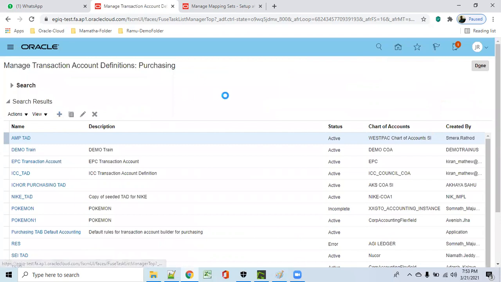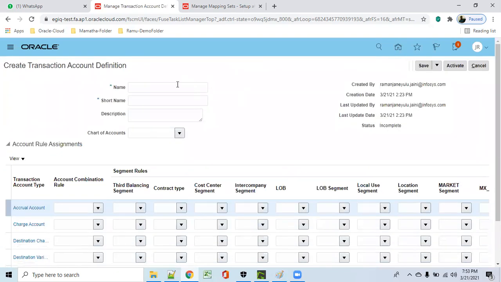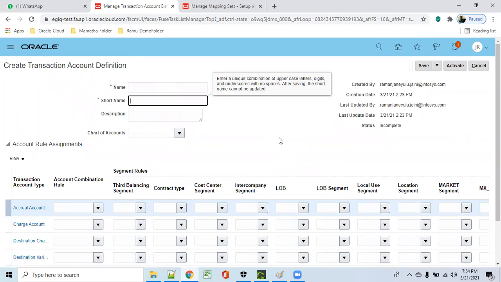In this one, click on plus. I'm not creating it fully, I'm just telling how to do this. Okay, so provide the short name and everything.